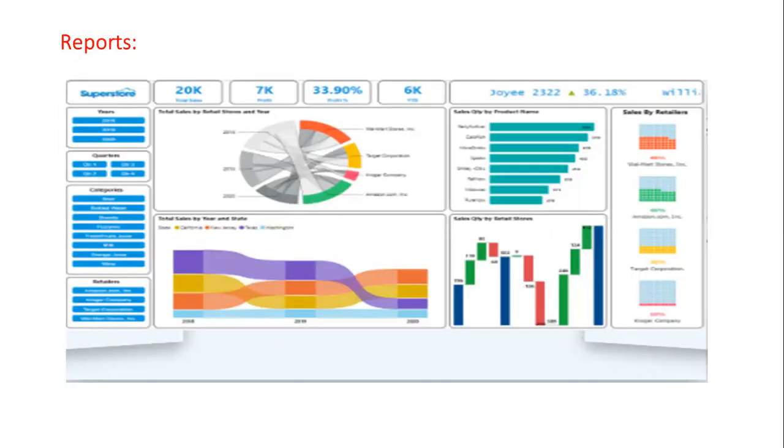Okay. Who needs this? Business users. Why they need this? In order to take decisions. Good. In order to take decisions, so that from this report they can understand how their business is performing, where it is lagging, where there is an area of improvement, right? So then they can take the decision accordingly.